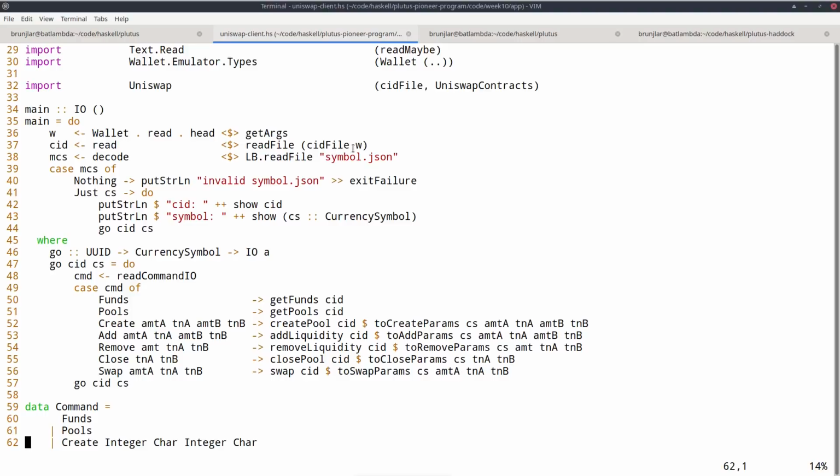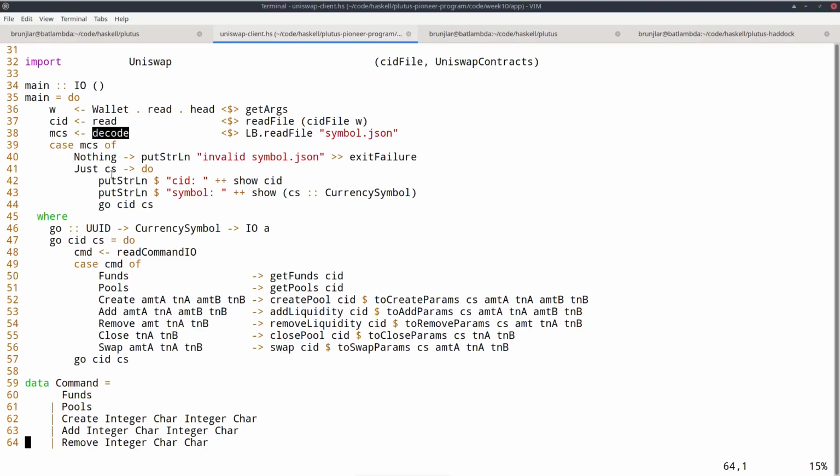Then I read the corresponding CID file to get the contract instance ID for that wallet. And I read this symbol.json file to get the currency symbol of the example tokens. I read that with readFile coming from the ByteString library, and decode comes from the Aeson library to decode the JSON back to a Haskell data type.